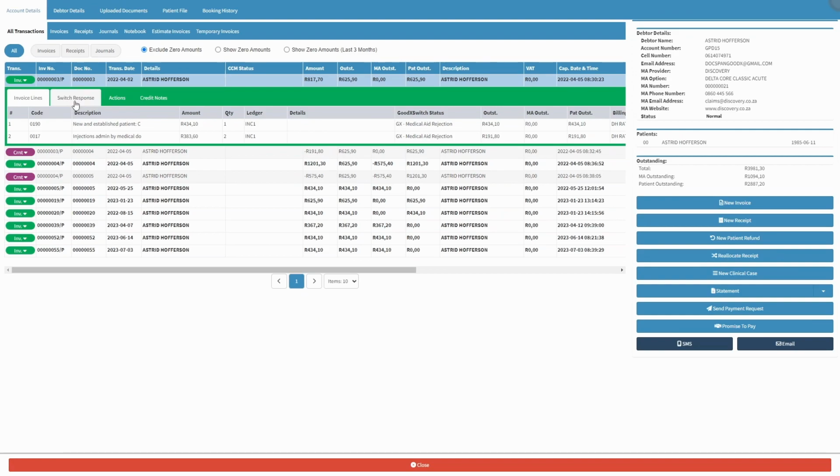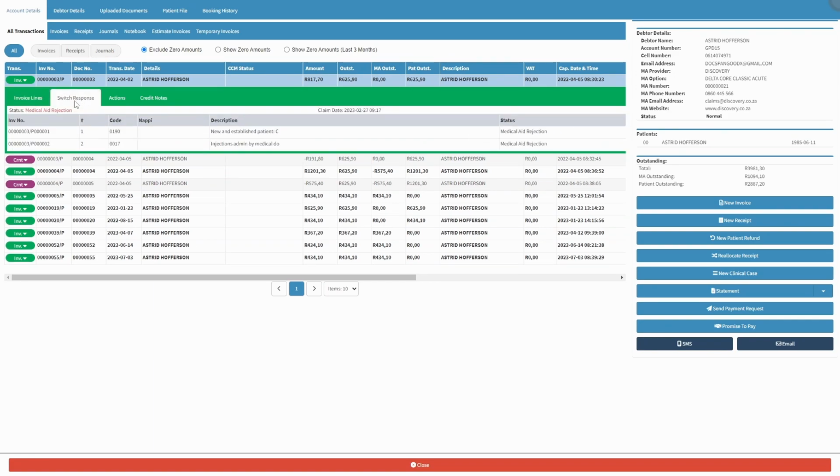Next, the Switch Response tab will display the present status of the invoice once it has been transmitted to the medical aid. Click on a Switch Response tab to view the current response and status after the invoice has been switched. Please note that if the invoice has not switched or has any switch details, the tab will contain no